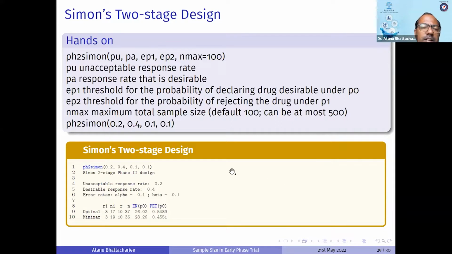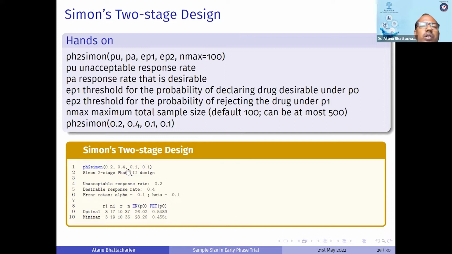So you see here, this simple one line of code is available, and you need to run only ph2simon with 0.2, 0.4, 0.1 and 0.1. So 0.2 is your unacceptable level. You are not going to allow the drug if the response rate is below 20 percent. So you're talking about the efficacy. If 100 patients are being treated, then 20 patients and above would be having a response. So that's why you are going to consider 0.2 here, and 0.4 here,